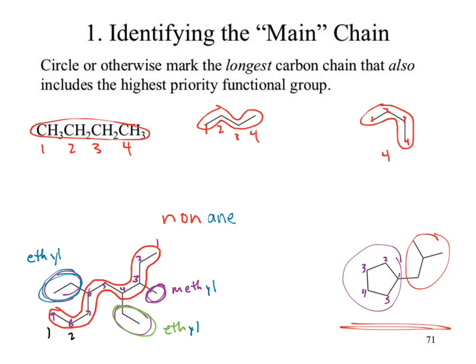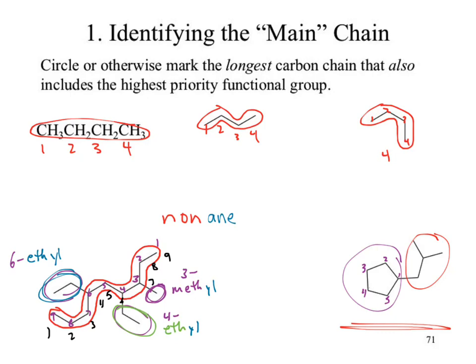Versus we numbered the other way. 2, 3, 4, 5, 6, 7, 8, 9. Purple ends up getting better. That one's at position 4 versus position 3. So 1, 2, 3 in purple makes more sense. So my methyl is at position 3, so 3-methyl, 4-ethyl,